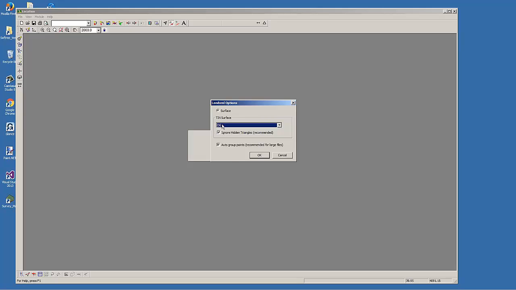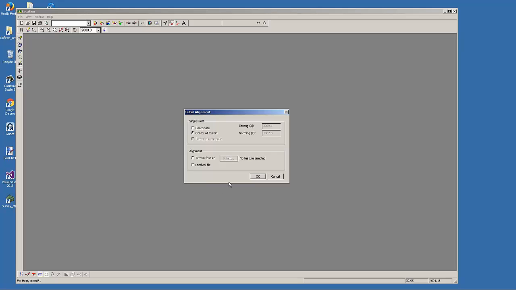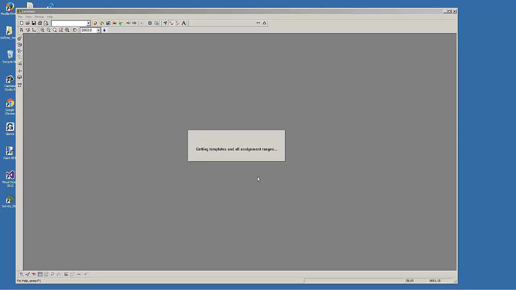It's looked in the file, and it's found OG was in that XML file. Some options here not to get too concerned about. And then it prompts me to save this in a terrain format. Just do that, og.ter, to keep track of what, okay, yep, we're in the right folder. Now it prompts me, and for RoadEng users, you might see this looks a little bit different. We've just reorganized it a bit. I'm going to choose LandXML as my starting alignment file, and then